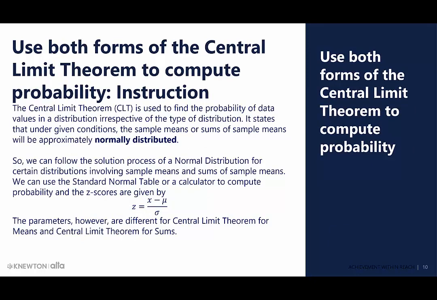Now what we're getting into is how we find probabilities of these unknown distributions by applying the central limit theorem. Way back in the day before they had calculators, we would calculate the z-score, using the mean and the standard deviation from the central limit theorem. Then once we have the z-score, we would use those z-tables. Well, now we have our calculator, so we can skip the whole z-table step and go straight to our calculator.